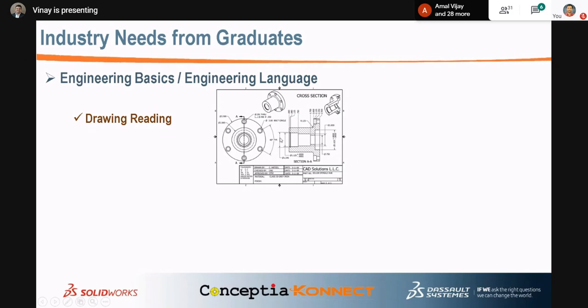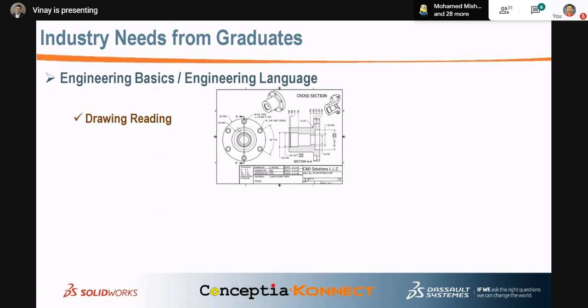Previously, one or two weeks back, one person came and I was interviewing him. He is a fresher, and I gave him this drawing and told him to do the 3D modeling. He went and said, usually we do holes 1, 2, 3, 4, 5, 6. I told him 6 into 10 mm hole has to be placed. What he did was 6 into 10, 60 mm. He put a 60 mm diameter hole here, and he is telling me, sir, your given dimension is wrong.